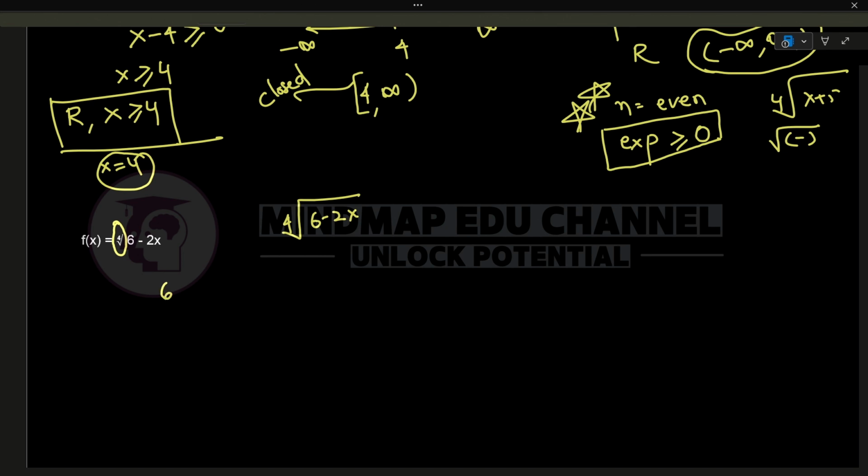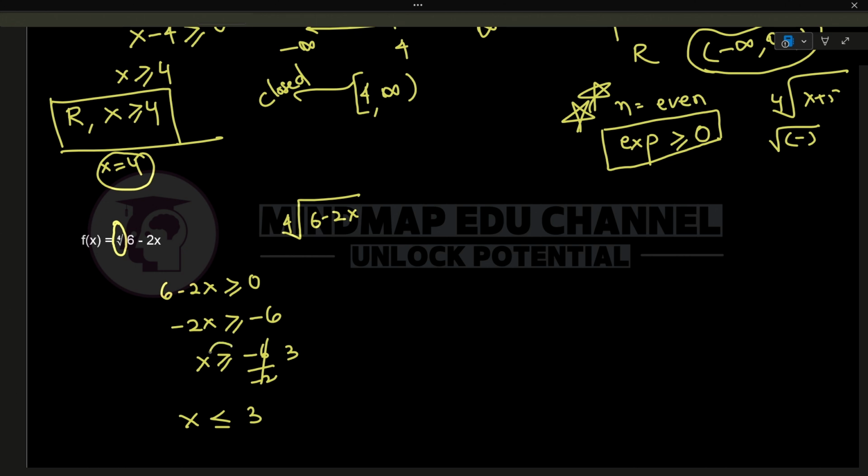So that means our expression should be set to greater than or equal to 0. Now this is again a different sum, so concentrate here. 2x ≥ -6. x ≥ -6 minus 2 gets cancelled, 3. x is less than or equal to 3.